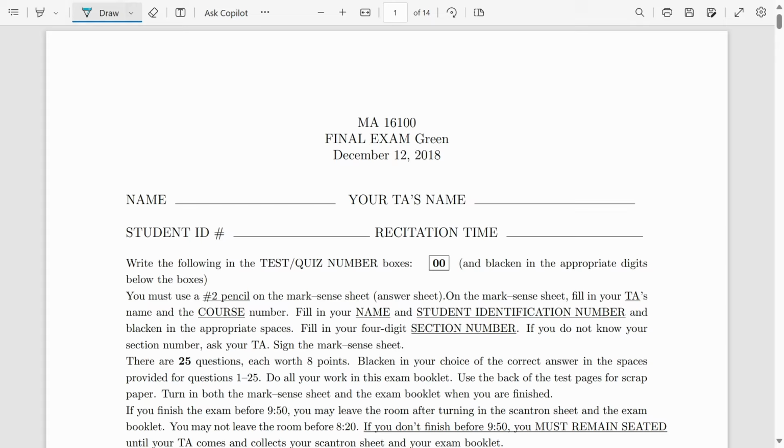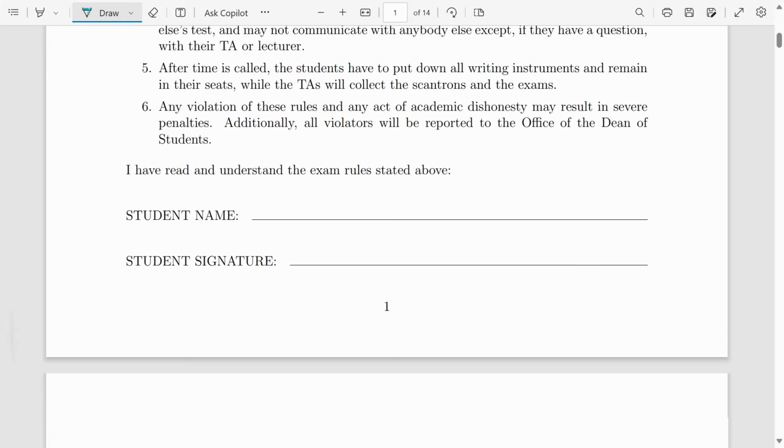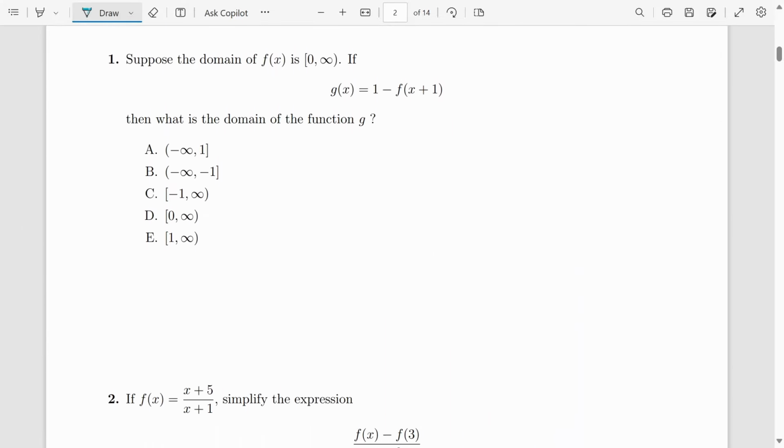Okay, this is the final exam from the fall 2018 semester of MA 161. Let's get started. Question 1, suppose the domain of f of x is from 0 to infinity inclusive. That's what the bracket means right there. It means it's saying you can plug in 0 for x. That's okay. If g of x equals 1 minus f of x plus 1, then what is the domain of